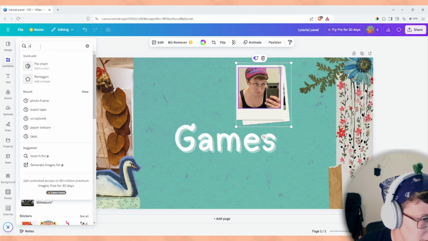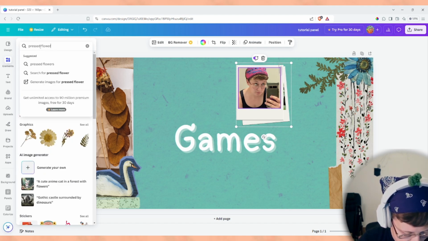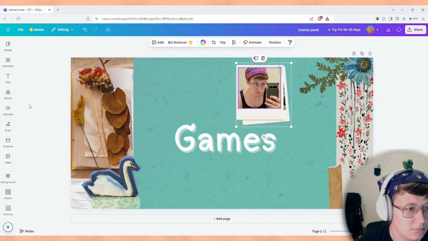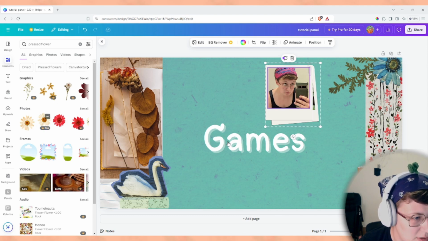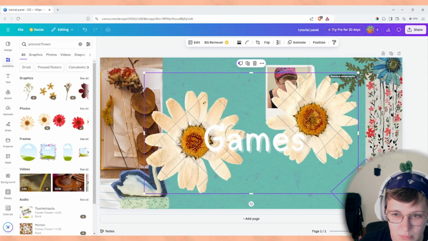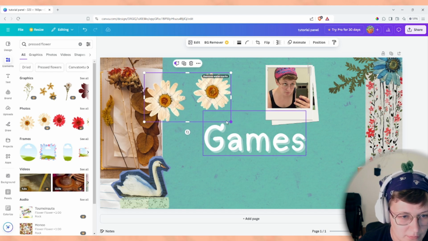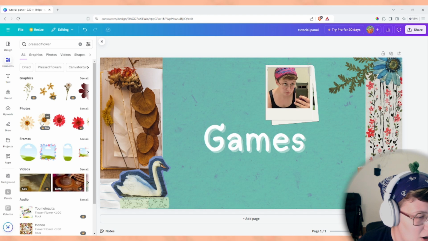Maybe I'll look for pressed flower. Where did it go? Oh, here it is. This one looks pretty good. More flowers. Oh, except that one's Canva Pro, so it has watermarks. Oh, I see. I thought this was one flower, but it's two flowers. It's Canva Pro.